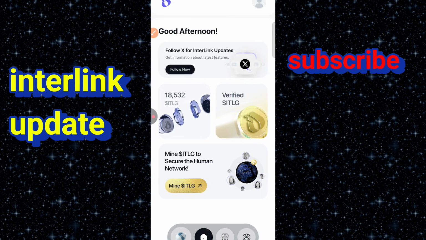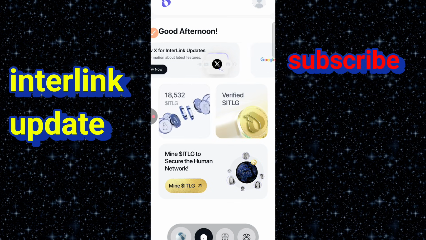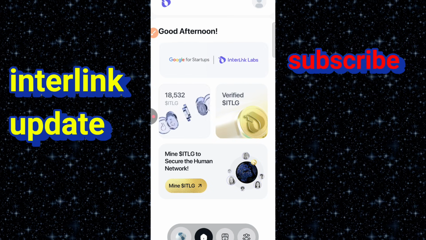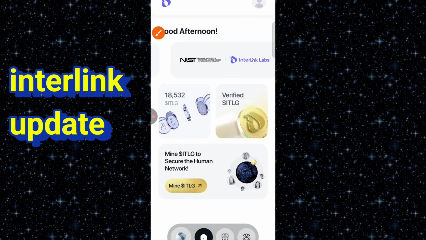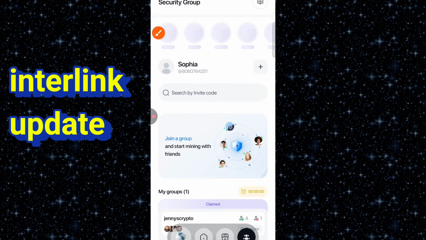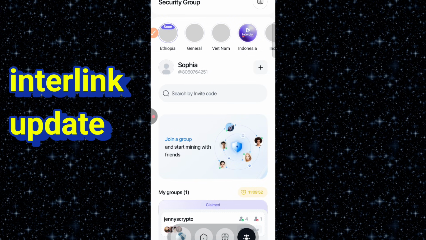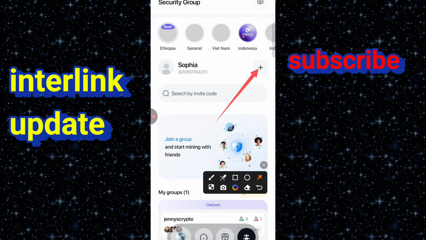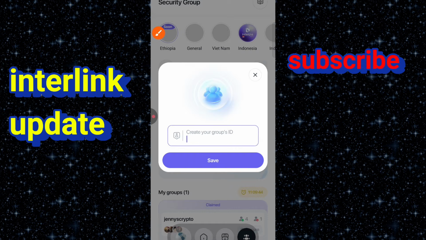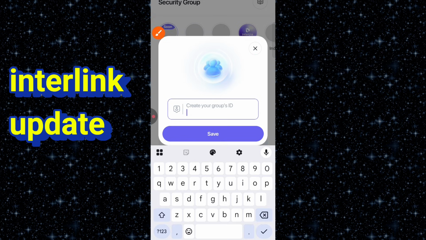Now, if you want to create more groups to increase your security, you tap on your profile. Once you tap on the profile, you can see I only have one group. You can create at least 5 different groups. So what we are going to do is to click on this plus sign. Once you tap on the plus sign, you can see create your group's ID. So I'm going to create a group ID now. Let's assume I use